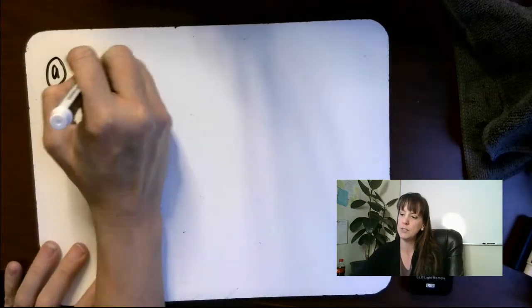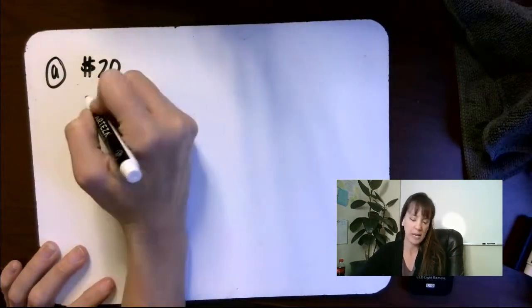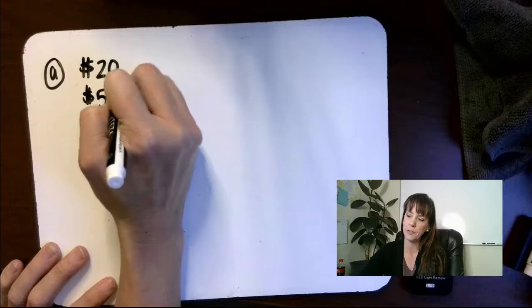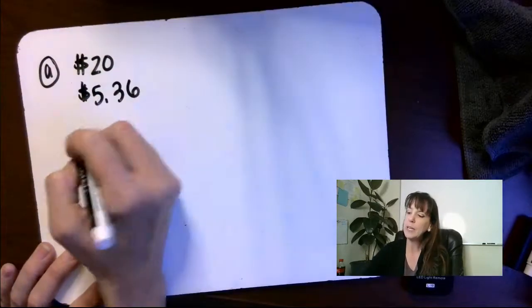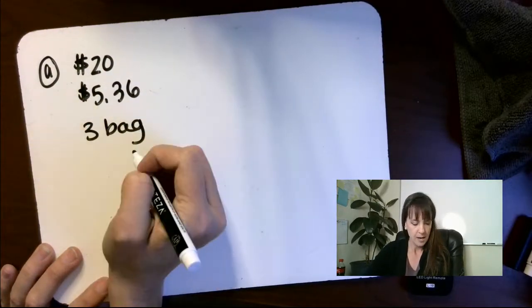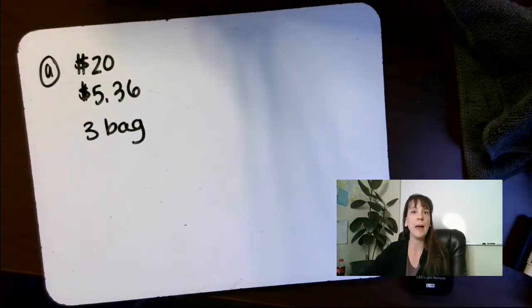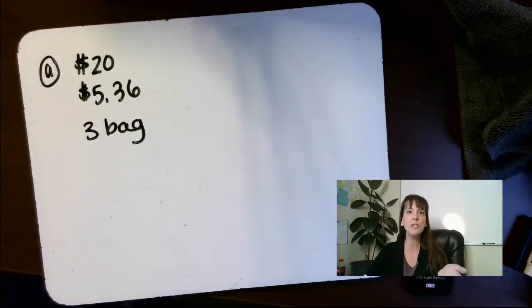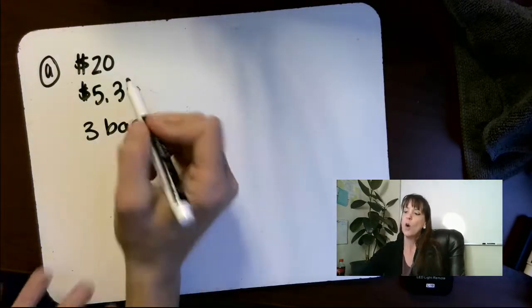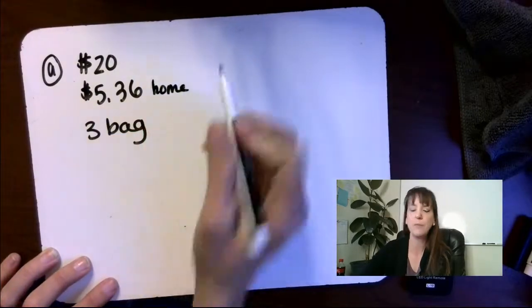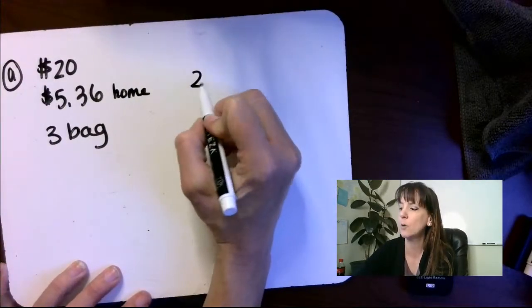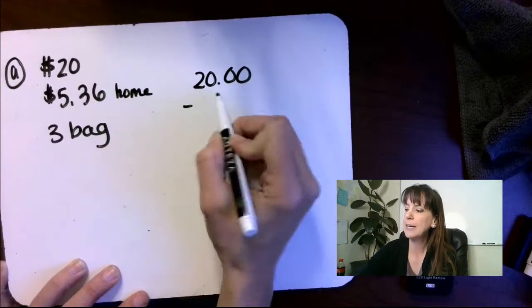Jody went to the store with $20 and returned home with $5.36. She bought 3 bags of dog food. How much did she pay for each bag? Well, first we've got to figure out how much did she spend? We know what she brought home, right? But we got to figure out how much she spent. So we're going to take $20 and we're going to minus